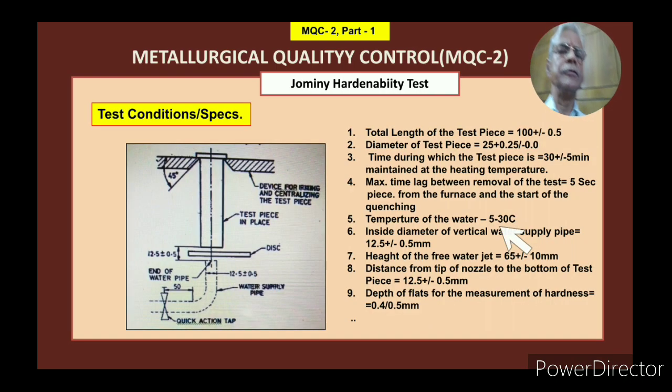Let us see further. This is one of the pictorial views wherein I am showing the test piece. Then this is a disc here which, when you start cooling, you have to remove so that water goes from this pipe directly to the test piece. These are the control pipes with controlled pressure. All the various dimensions which are here have been mentioned separately here. You can go through all these dimensions, but these are very essential and you have to maintain them during your testing.